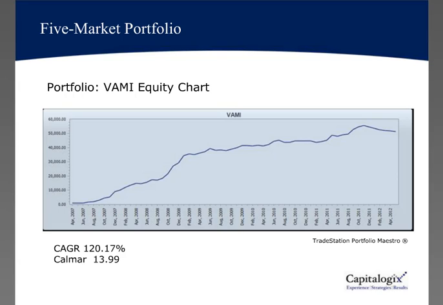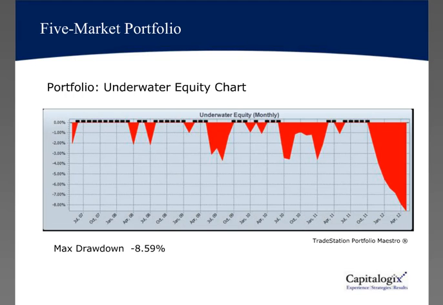If you just willy-nilly go out there and start throwing everything in the kitchen sink into a portfolio, you're going to miss the point. It's building a portfolio. You start with a market, S&P as an example, which is what this stemmed from, and what markets will help me to diversify it and generate the best portfolio, and do it in a common sense type way. So here is the equity curve, as I said, for the portfolio,